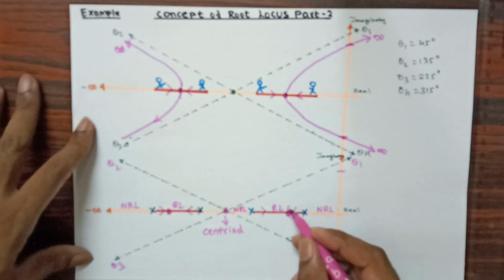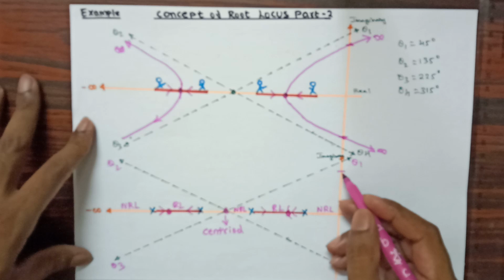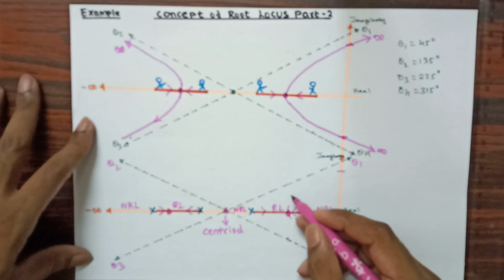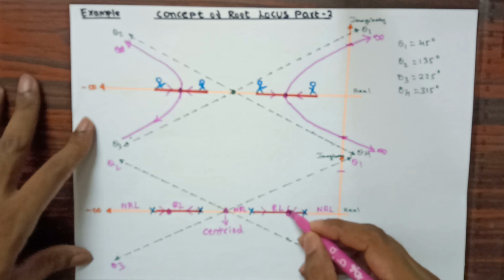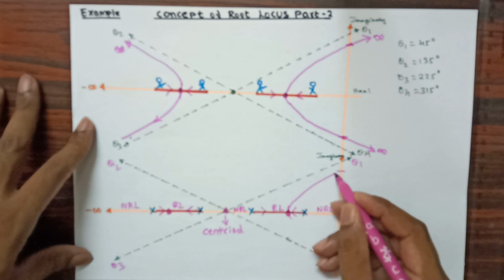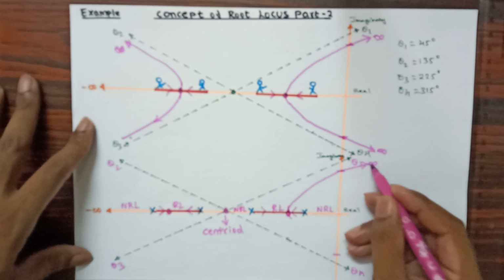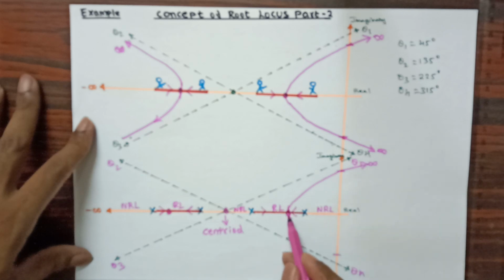After coming out from this point, they have to observe this intersection point. From this point to this point, they are going to travel by observing this angle, that is they are going to move in this way, and they intersect at this point and they move towards infinity. And in the same way this pole also will move towards infinity. So now these two poles have approached the infinite path.